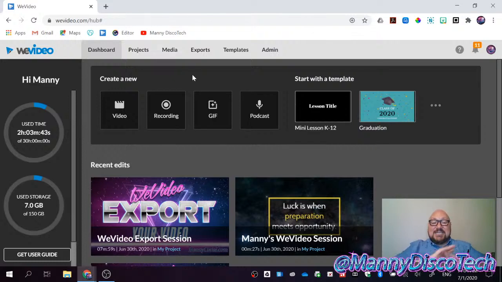Anyways, all right. So this is your dashboard. From here you can create a video automatically. You just click there and boom, you start recording your video. It puts you into recording your screen or your webcam automatically, and it's going to put you on the tab that says My Media, ready for you. This one sets the timeline. It's going to cut it all the way to 45 seconds because that's as long as your GIF can be. And then here, it's just going to get you ready to create a podcast.